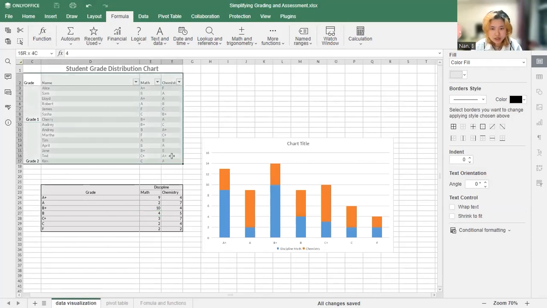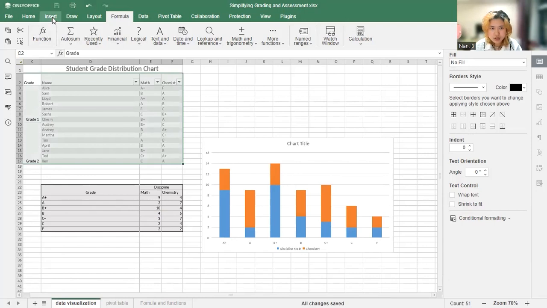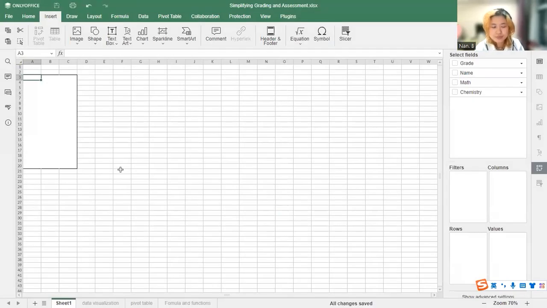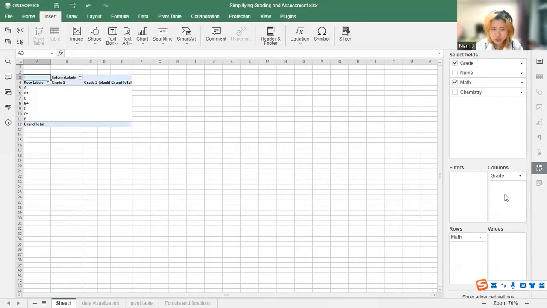So let's select the data we need and go to the Insert tab. We click Pivot Table and configure your pivot table in the new window. By expanding the left side panel, you can pick which columns should be rows and which should be columns. For instance, you can put the subject into rows and grade into columns to see how each grade performed in